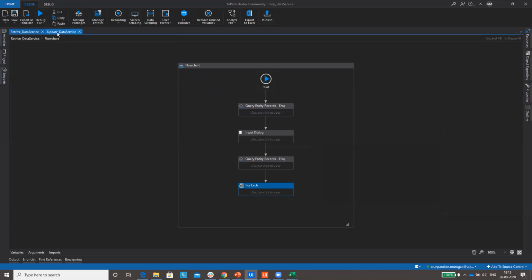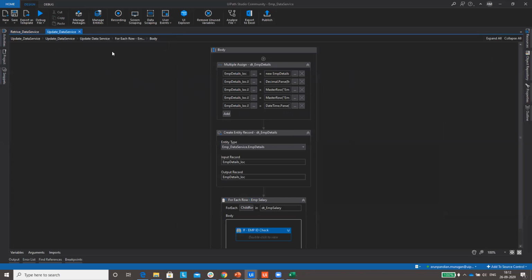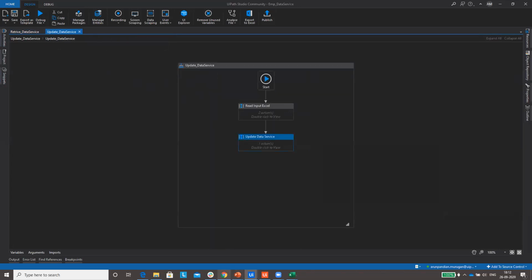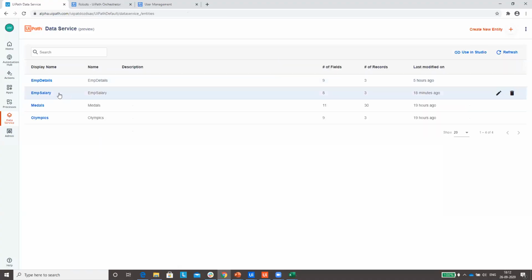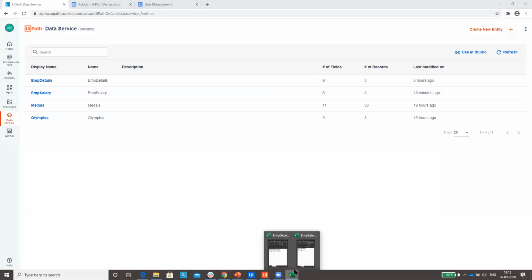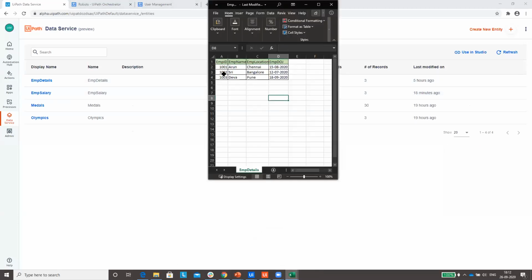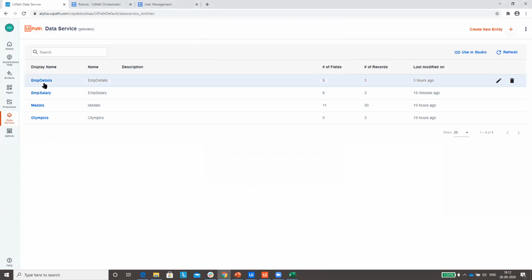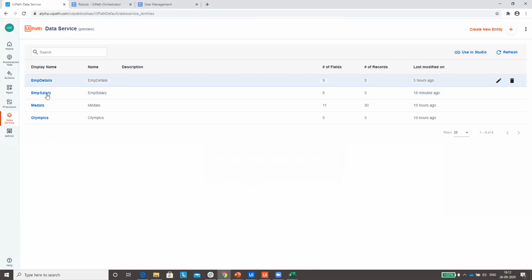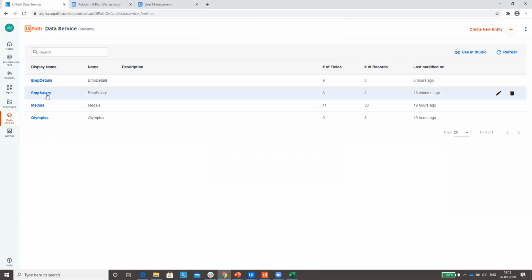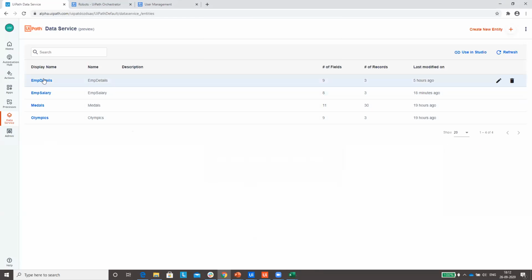Now let me summarize what I have done in both once again, so that we'll have some clarity over it. First thing, we have created two entities, of these particular Excel data types. Whatever structure we had, we replicated the same structure by creating two entities here. One is EMP details, which is a primary entity, and EMP salary, which is a secondary entity, and both are connected using EMP IDs, which means employee IDs.